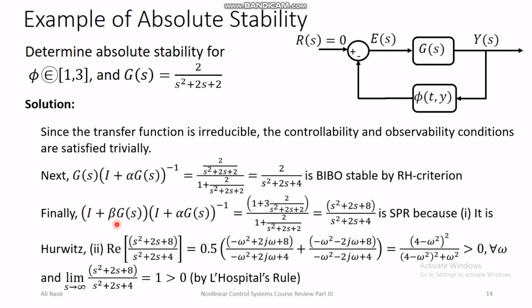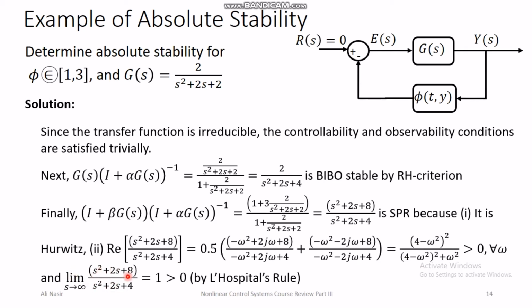1 plus beta gs, beta in this case is 3 into 1 plus alpha gs inverse. Alpha in this case is 1, and when you substitute this value, this is strictly positive real because first of all it is asymptotically stable, Hurwitz. Second of all, the real part becomes this, which is positive for all values of omega. And thirdly,